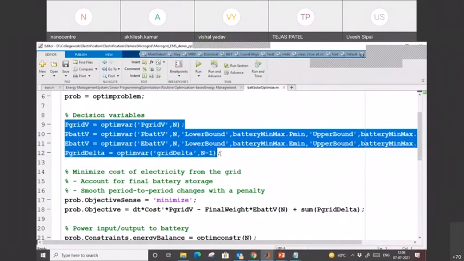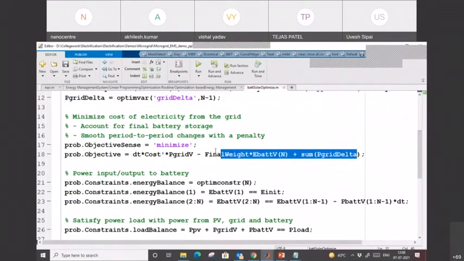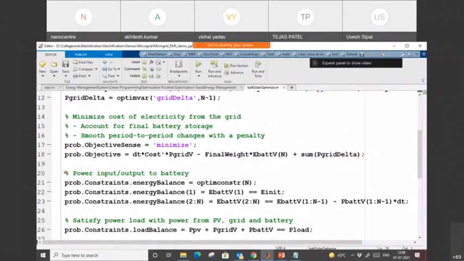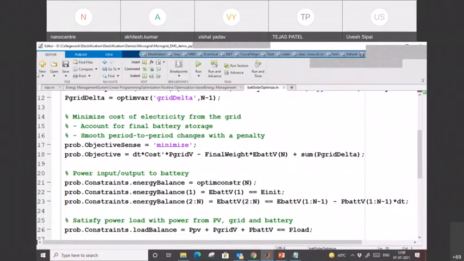First of all, we have defined the variables: load from the grid, load from the bed, solar panel, load from the storage power. And here is the equation which we have to optimize, that is the cost. And further, at this point, this is the constraint, the limitation of the battery, the limitation of the solar panel and all that.